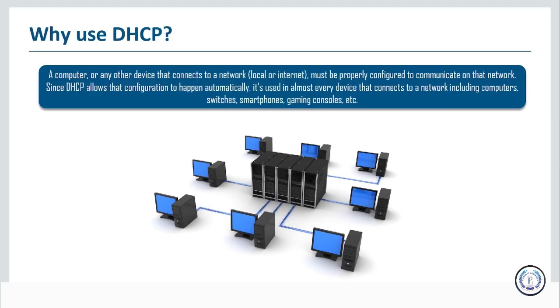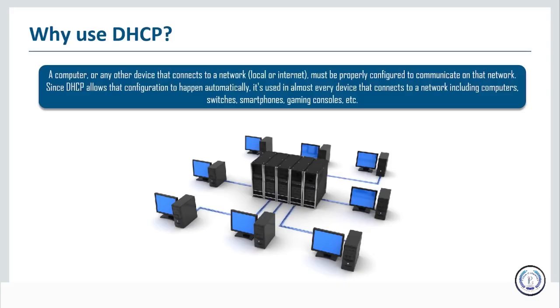Clients can move to other subnets without manual reconfiguration because they obtain new client information appropriate for the new network from a DHCP server. Apart from that, DHCP also provides centralized network client configuration. It has support for BOOTP clients. It supports local clients and remote clients. It supports network booting. And it also has support for large networks, not only small-scale networks, but larger networks as well. So you see DHCP has a wide array of advantages, even though it doesn't really have authentication. Because of these advantages, DHCP finds widespread use in a lot of organizations.